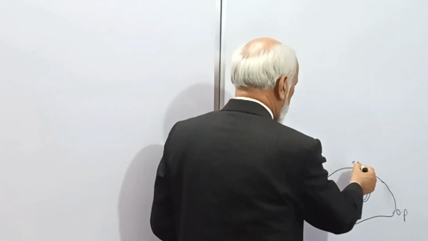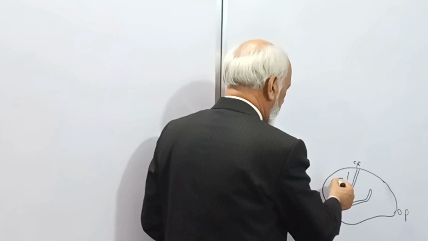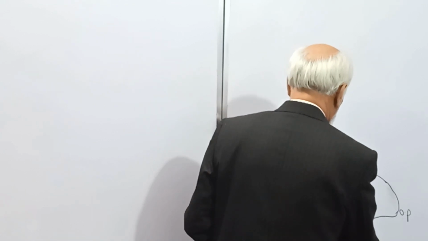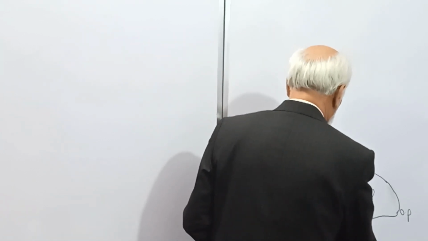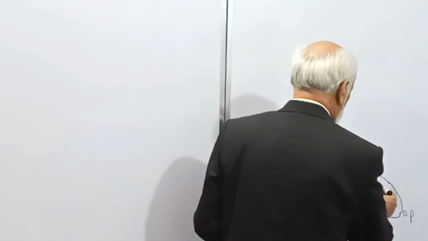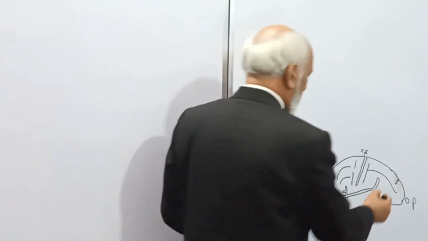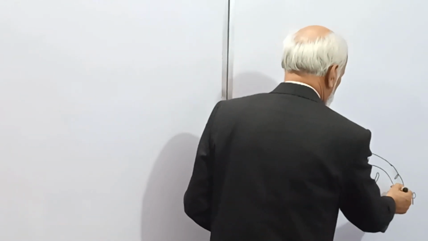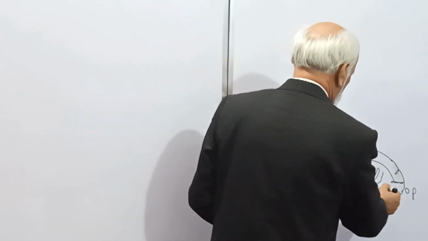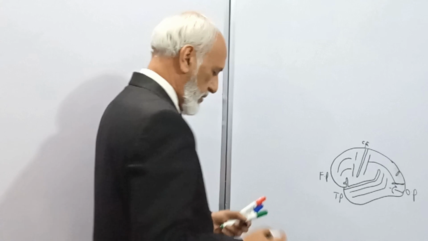This is the central sulcus, and in front of the central sulcus are the precentral sulcus, superior frontal sulcus, and inferior frontal sulcus. Behind the central sulcus is the postcentral sulcus, then the intraparietal sulcus, the parieto-occipital sulcus, then the transverse occipital sulcus, superior temporal sulcus, inferior temporal sulcus, calcarine sulcus, lunate, and lateral occipital sulcus.